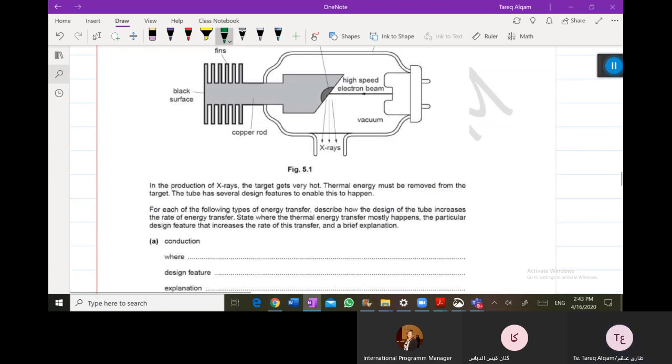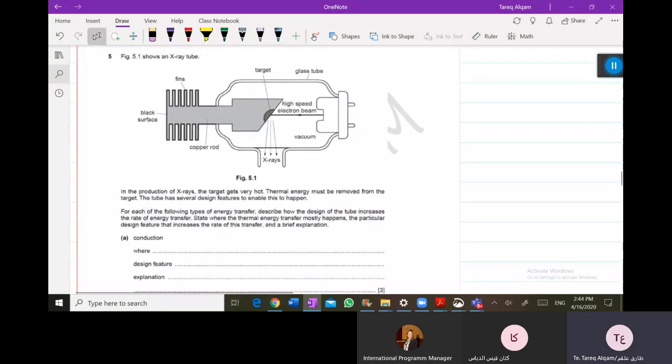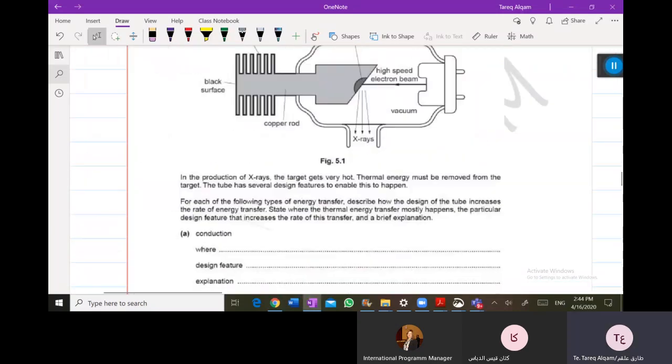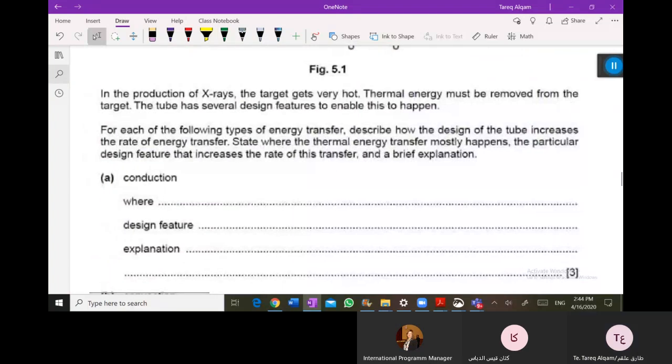Okay, here this is an important question. Figure 5.1 shows an X-ray tube. You have to read the question carefully. In the production of X-rays, the target gets very hot. Okay, the target gets what? Very hot. So